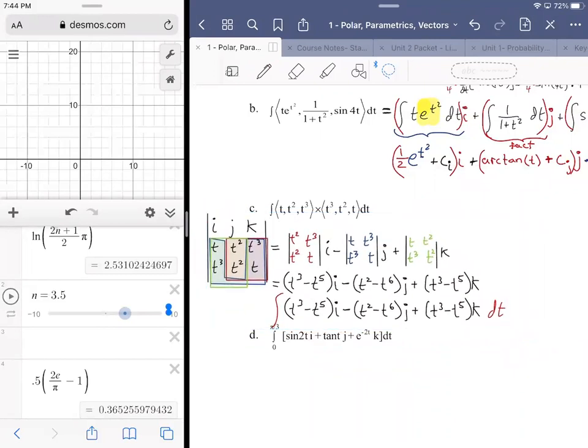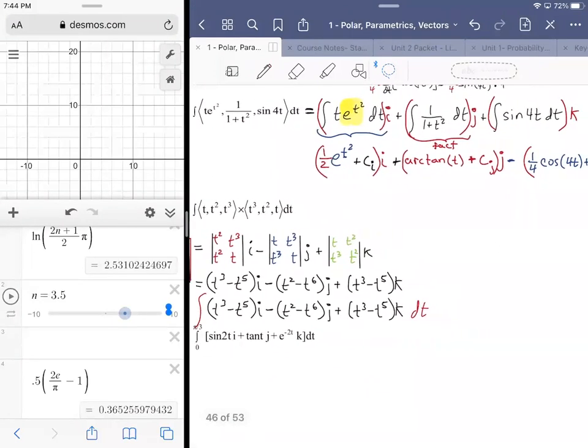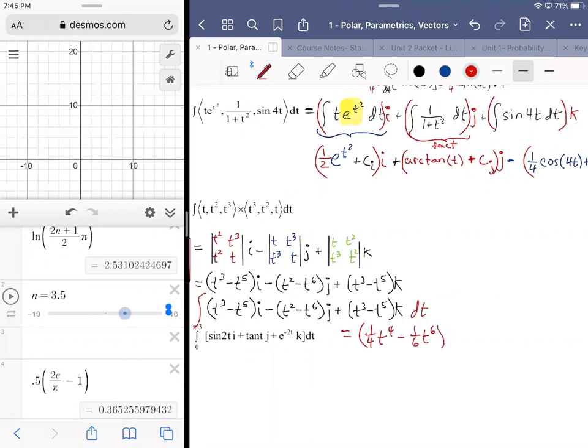All right. So then you can see here that this is going to be much easier than the previous one, because it's just the reverse of the power rule. There's nothing really fancy going on with this one, in terms of the quality of the antiderivative. But we're kind of due for a break, so why not? So for the i's, 1/4 t to the fourth minus 1/6 t to the sixth. We need the integration constant, so plus